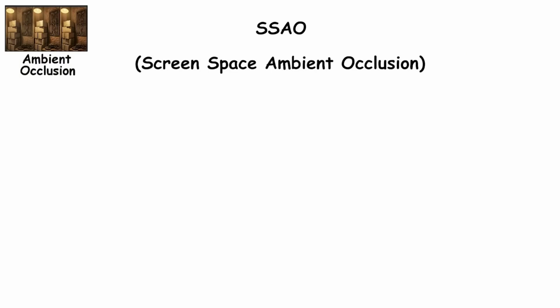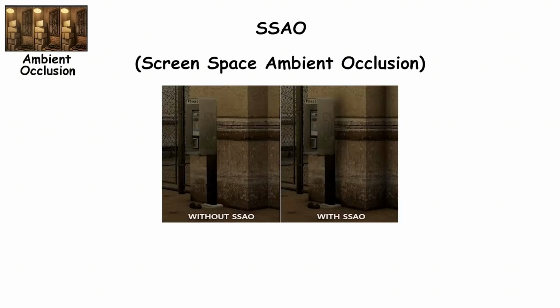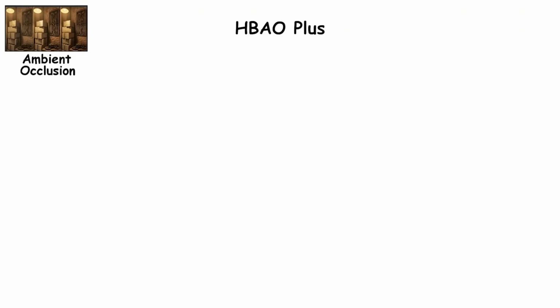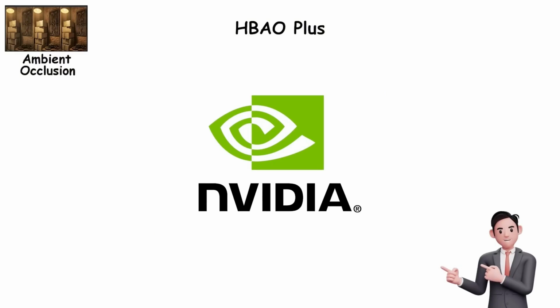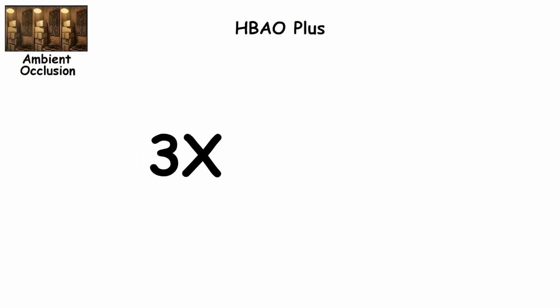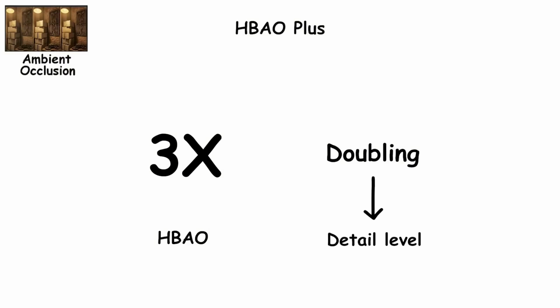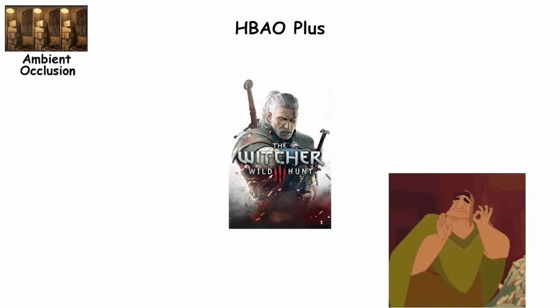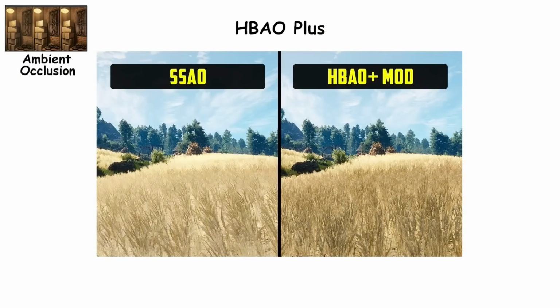SSAO, or Screen Space Ambient Occlusion, is the most common version. It estimates where small shadows should appear using on-screen information. Lightweight and compatible with most hardware, but it can look grainy or slightly inaccurate. HBAO Plus, developed by NVIDIA, is a significant step up. It runs about 3 times faster than the original HBAO while doubling the detail level, rendering at full resolution without flickering. In most games that offer it, HBAO Plus is the sweet spot, noticeably better than SSAO without the hardware